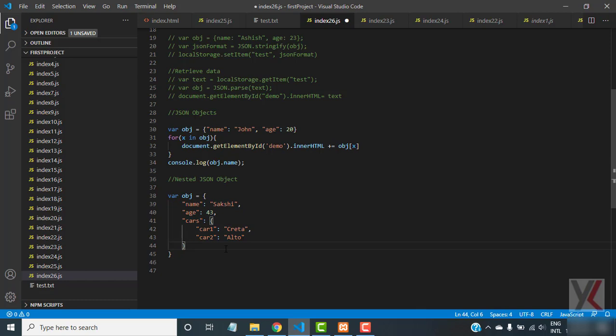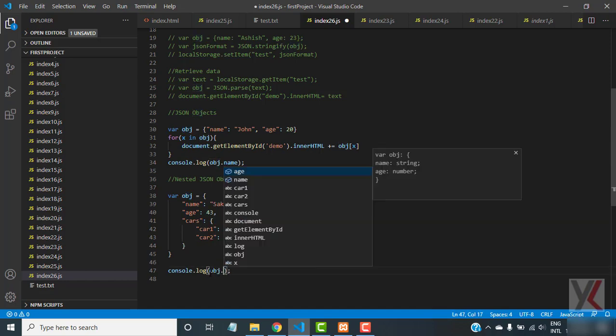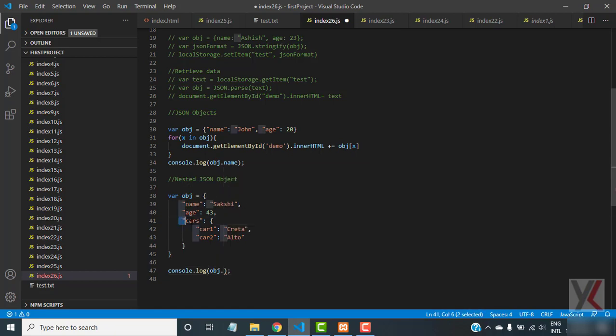Now how can we access this? Suppose we want to access Alto. So how can we access? I will simply console log. What I want to access is the Alto. So we'll first target our main obj object. We'll target obj dot, then the property name is cars over here. So inside this obj we want to access this cars, and inside that we want to access this property car2, that is Alto. So we'll give that property name. So cars dot